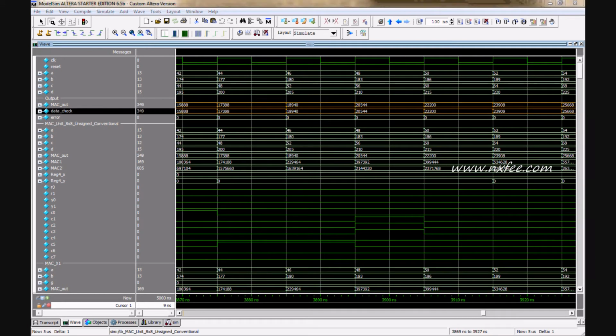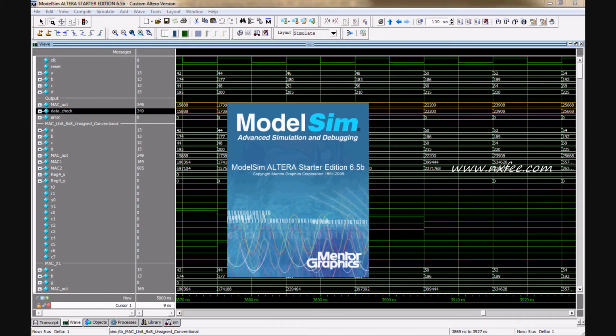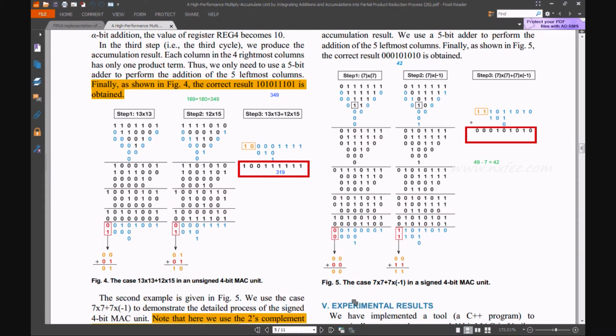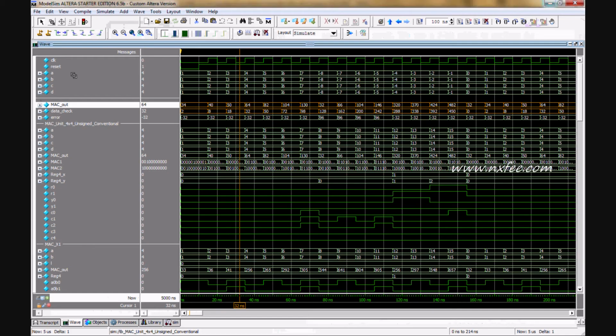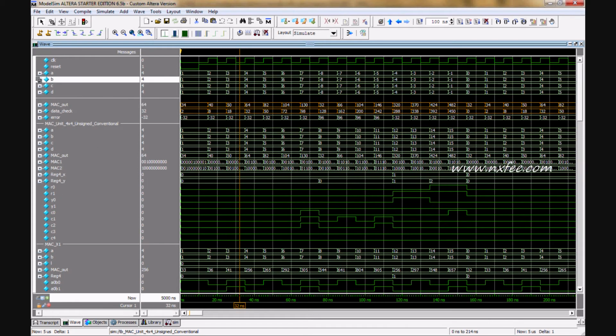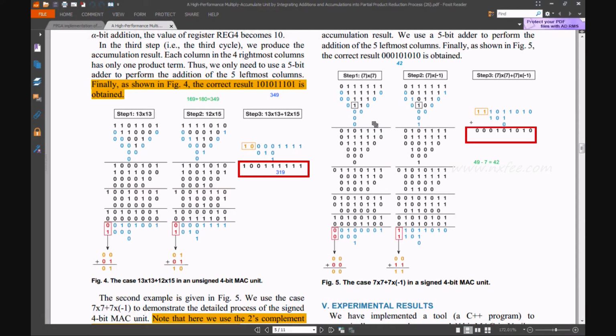Okay, and I can show the results of signed multiplication. This is the signed multiplication for this design. Figure 5 is a 4 cross 4 multiplication. A contains 4 bits and B contains 4 bits. The same output is given. Here the error difference will take a minus 32. Why this 32 will be taken means here we have added the value 1. This is the rule of this method.